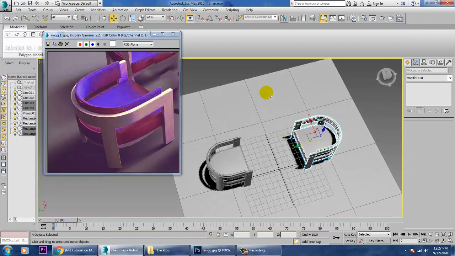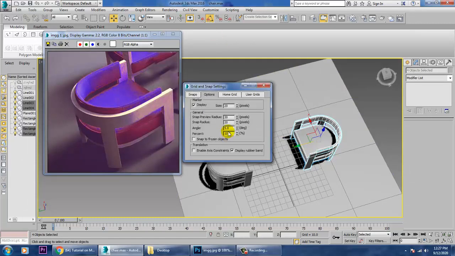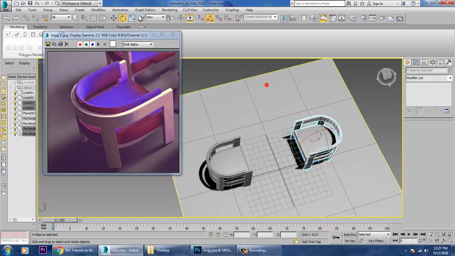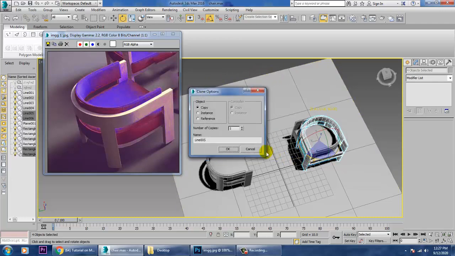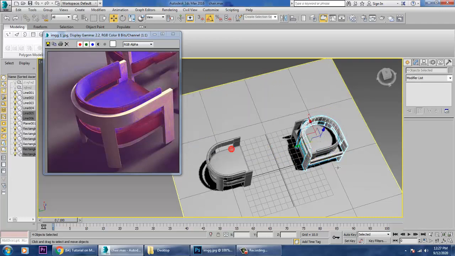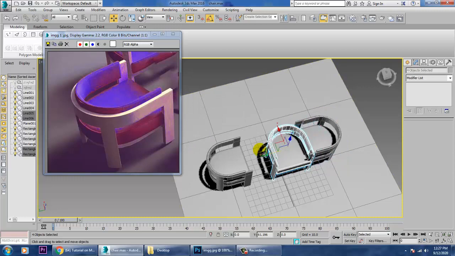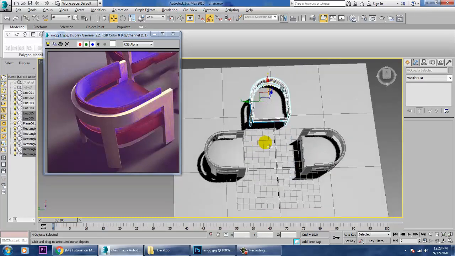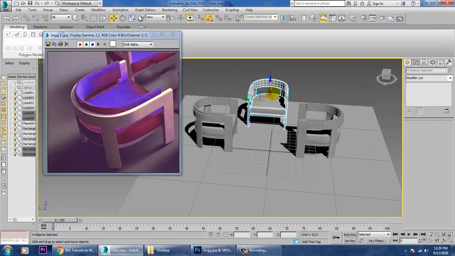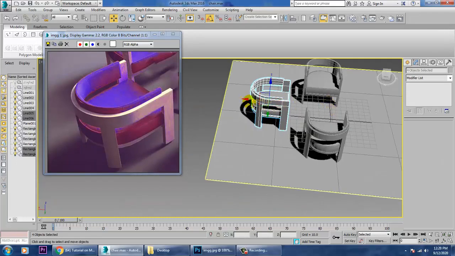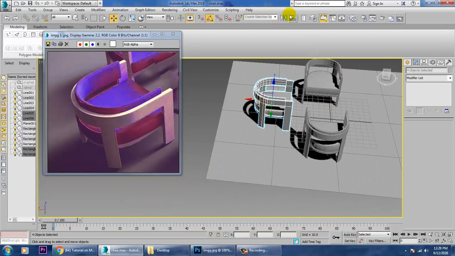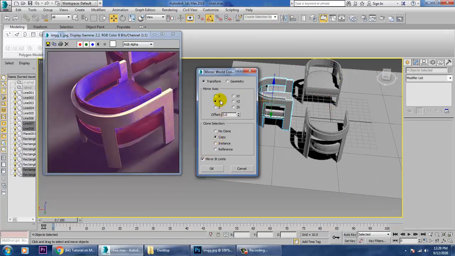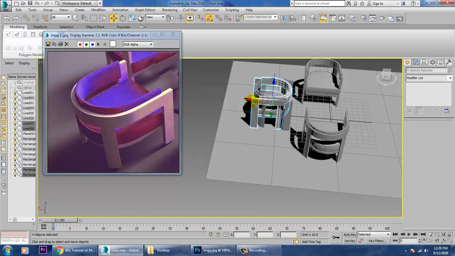Again, let's go into this and set it to 90 degree, rotate it, and again mirror it, copy it, and in x-axis you can just duplicate it.